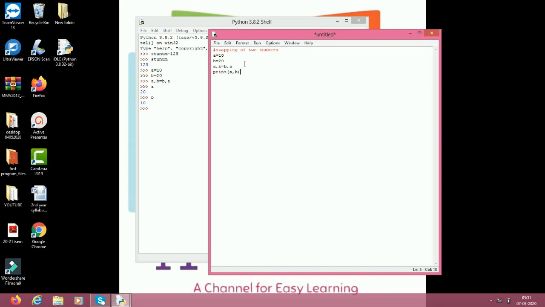For better understanding, before swapping we can write one print statement: before swapping, a, b. Same, after swapping.